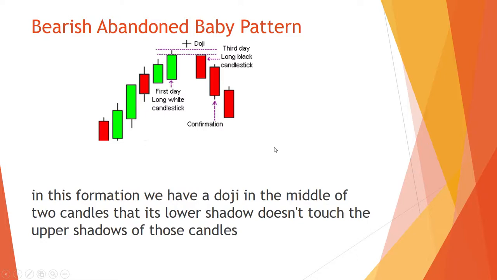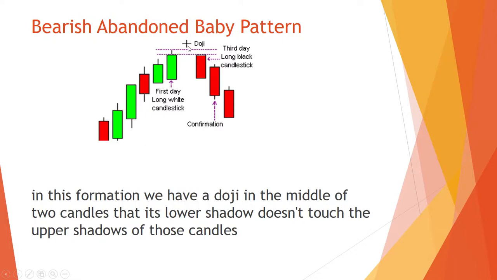The bearish abandoned baby pattern. In this formation, we have a doji in the middle of the two candles, whose lower shadow does not touch the upper shadow of those candles. This is also what we saw in